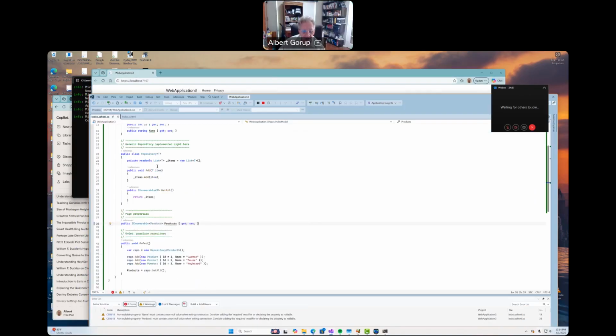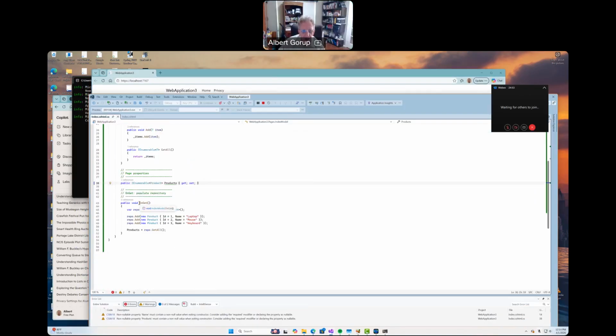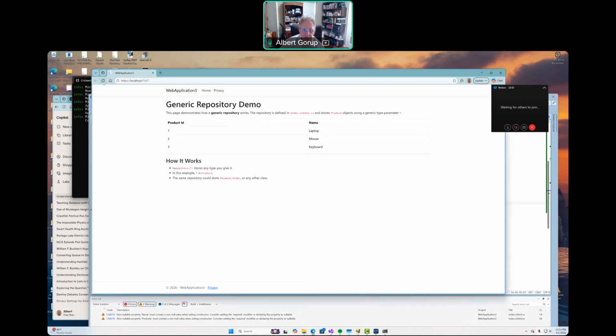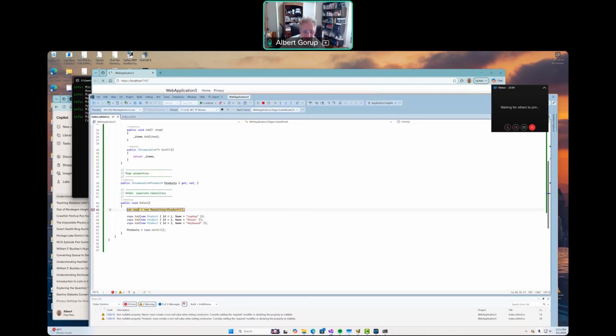Well, when the page is called, quick refresher, it does OnGet first thing. So if we refresh, it goes into OnGet. We see it creates a new repository, and we pipe in product.